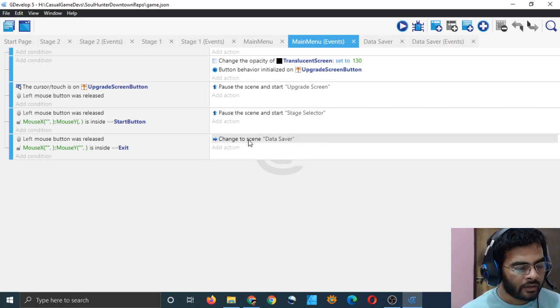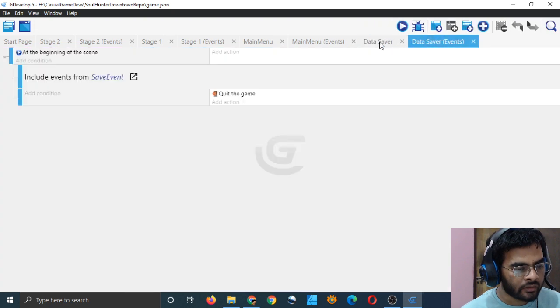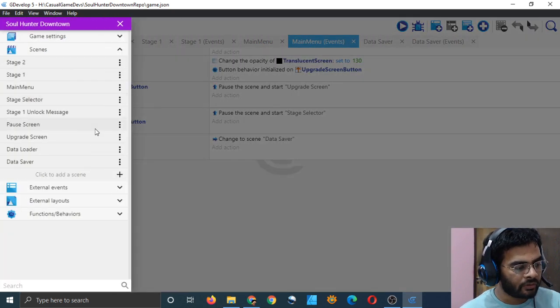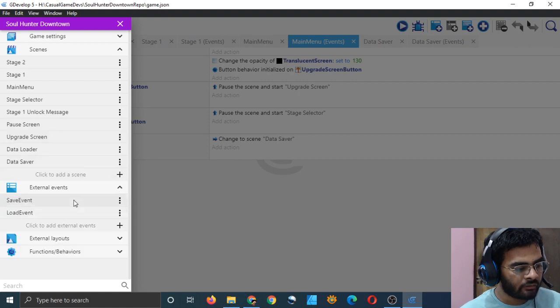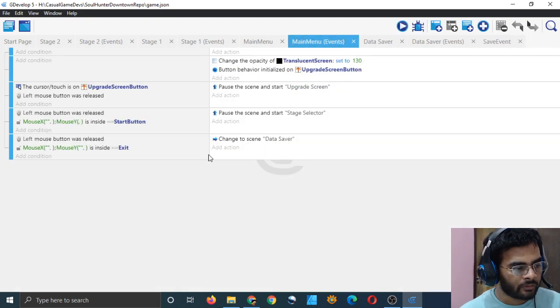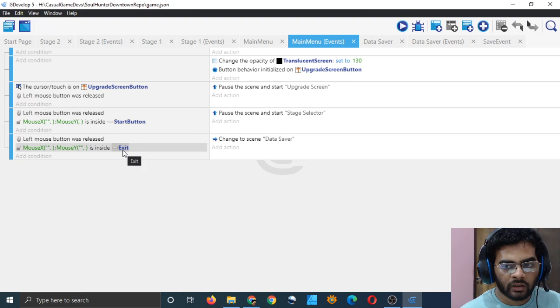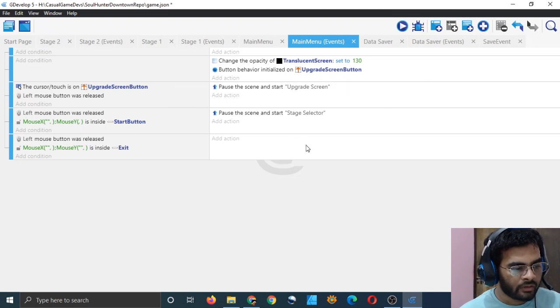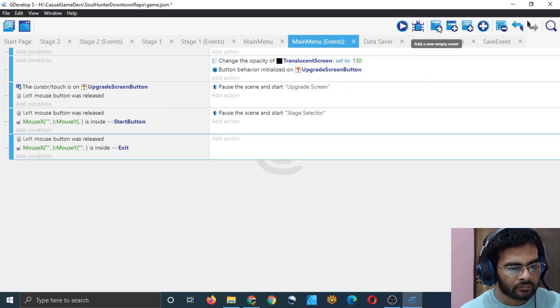What we will do here is this. Maybe I can just link the data saver events. This is the data saver scene, but I also have an external event called save event. When we click on the exit button, I will not change the scene to data saver scene, so I delete this, and I will just add a link.